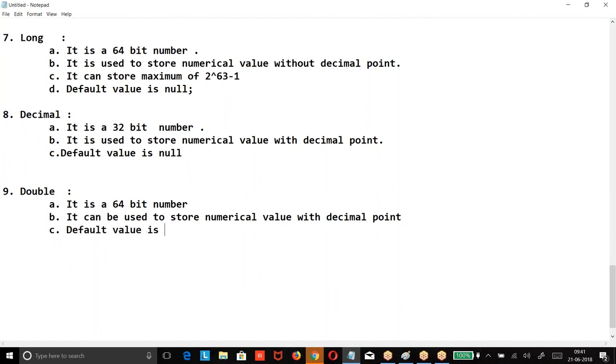Default value is, so we have integer, long, decimal, double.